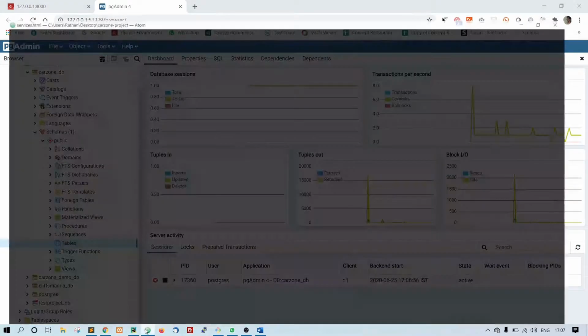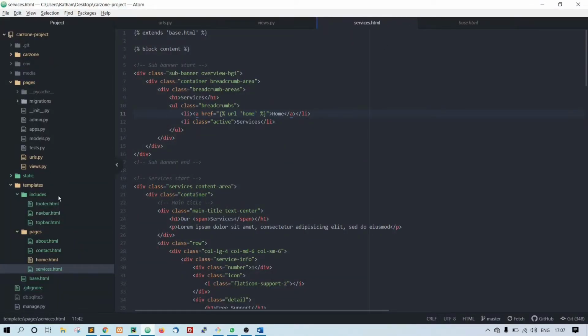Next thing is we have to register our database inside our settings file. So before we do it, you can see here the colors have changed. That means we have not pushed the changes or we have not committed the code into our GitHub Git repository. So let us quickly do that now.